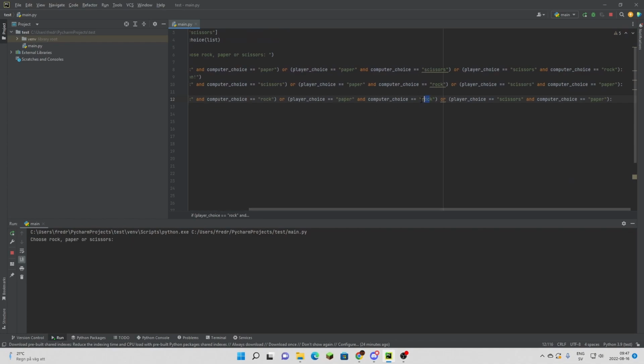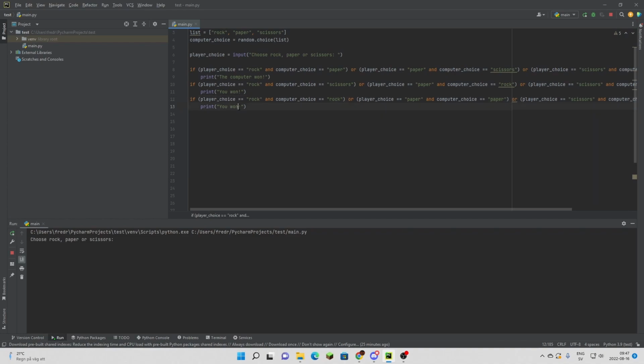And paper here too, and then scissors and scissors in this slot too. So now we check for both: if they both have chosen rock, they both have chosen paper, or if they both have chosen scissors, then it's going to be a draw. We'll just write it was a draw. Okay, so if we now run this program and test it,